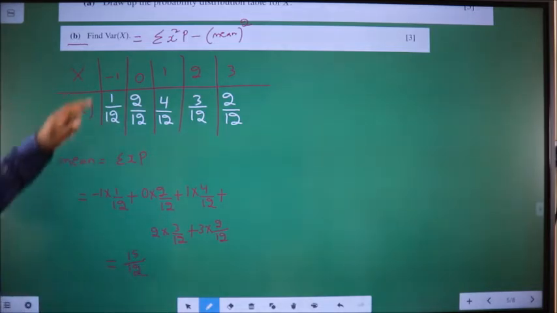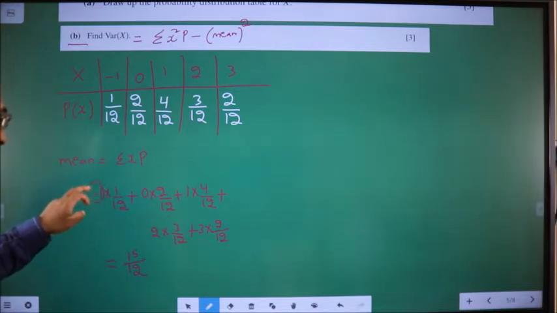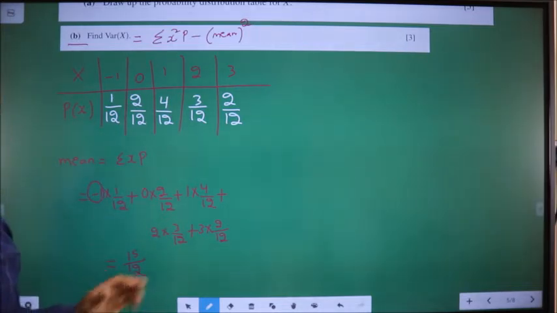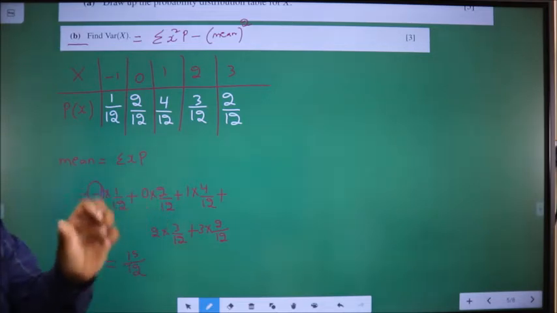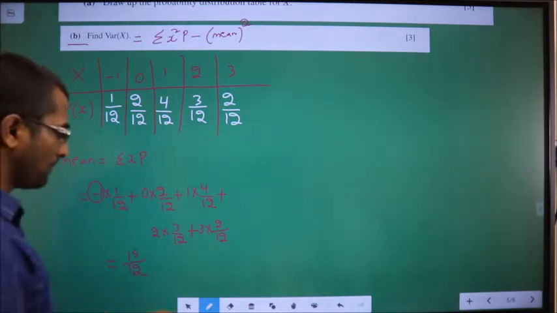Here it is -1. You should use -1 only. You should not change -1 to +1 and use. -1 should be taken as it is. Now,